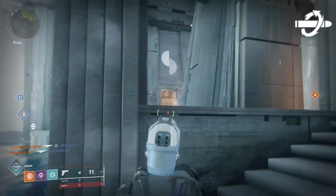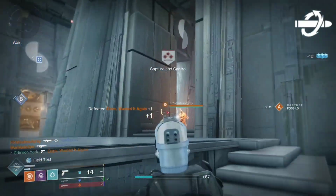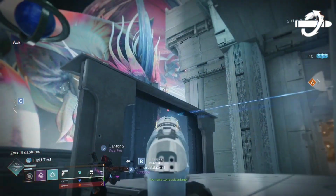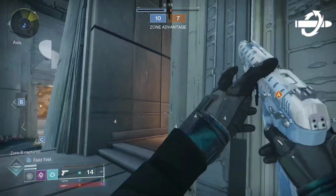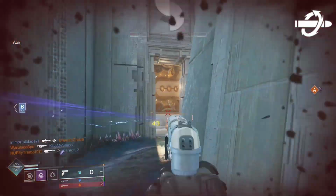Fantastic weapon. You're seeing it in the footage, you're seeing a little bit of shotgun play. I love this sidearm. This sidearm is great, and it's a shame that it took this long for this weapon to return because it feels really good. The perks are really good. If I had to pick a single roll to go for,